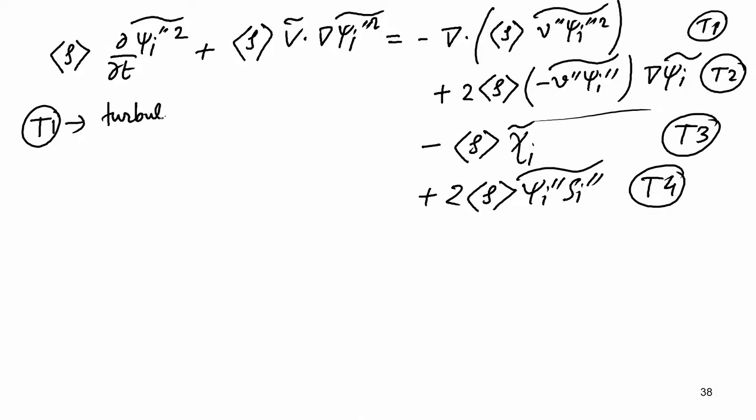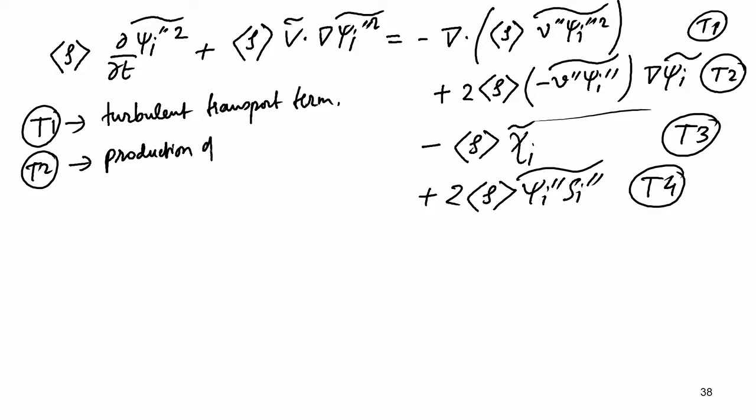The right hand side terms say that T1 is essentially the, each of these can be modeled and has different meanings, but we will not go into that, I will just say what the terms mean essentially. This is the turbulent transport term, and T2 is essentially the production of scalar